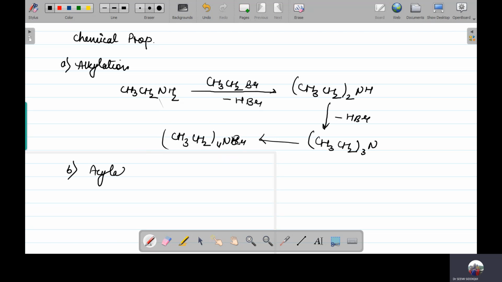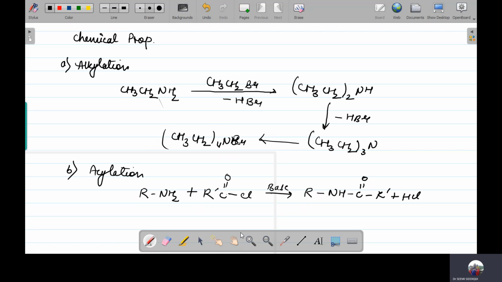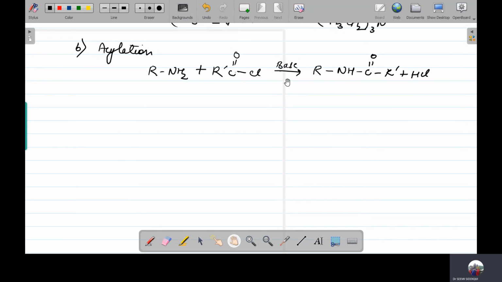Another method is acylation. In the case of acylation, an amine is being taken, a base we have taken, so it is going to give the substituted amide, that is your RNHCOR' plus HCl is going to liberate. Now further for the chemical properties, another chemical property is this